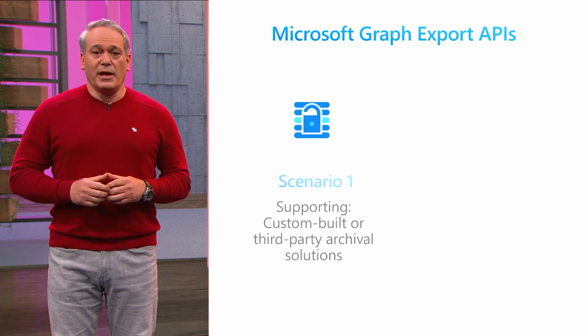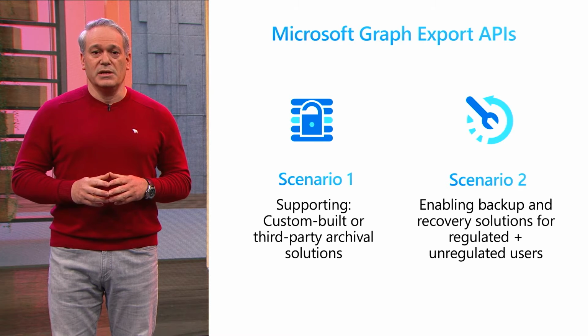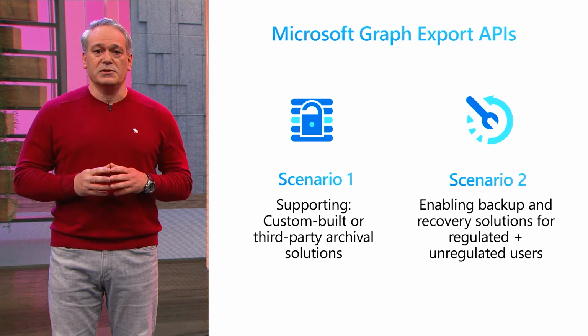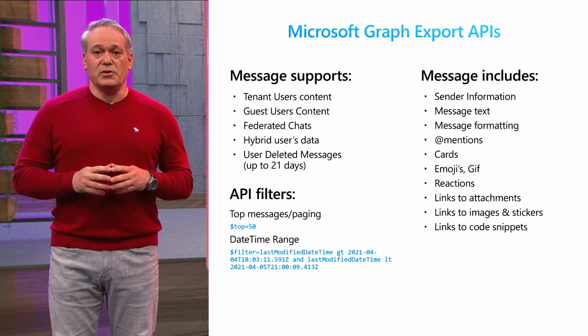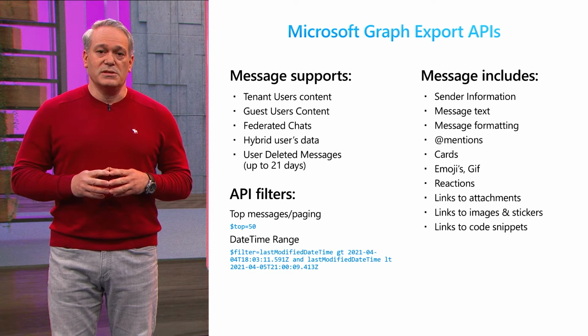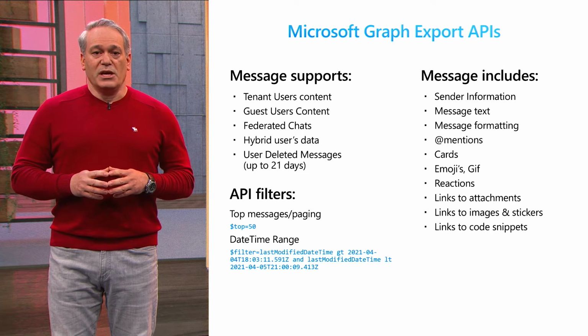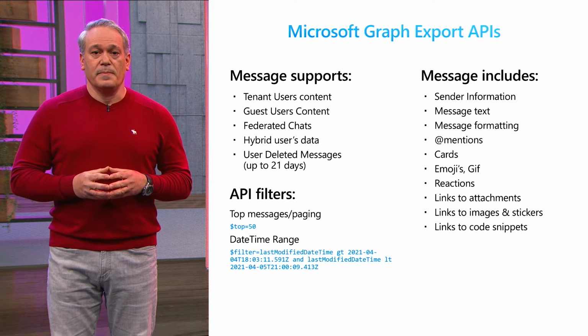Application permissions with bulk access to team messages are useful in supporting third-party compliance archiving solutions, as well as for gathering a snapshot of Teams data needed for backup and recovery solutions. For these scenarios, we designed the API to interface with the user's mailbox. This allows your app to get full access to team messages at their rest location, including coverage for federated chat and deleted messages. The message schema for the Export API is exactly the same as the one we reviewed for the Change Notifications API, giving you access to all message details.